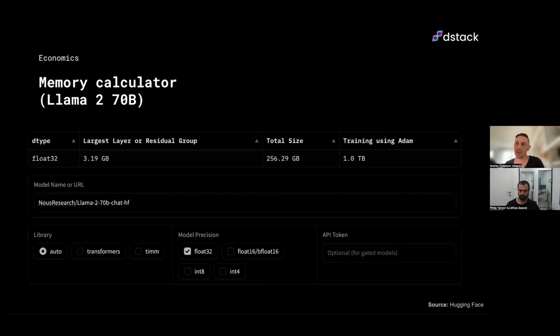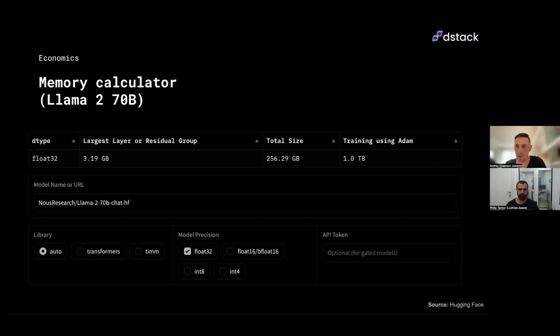There is a web application by Hugging Face. You can easily find it on Hugging Face: you give it the name of the model, and it tells you the amount of memory required for serving or for training. Here we have the Llama 2 large model, and the column total size tells how much memory we need.